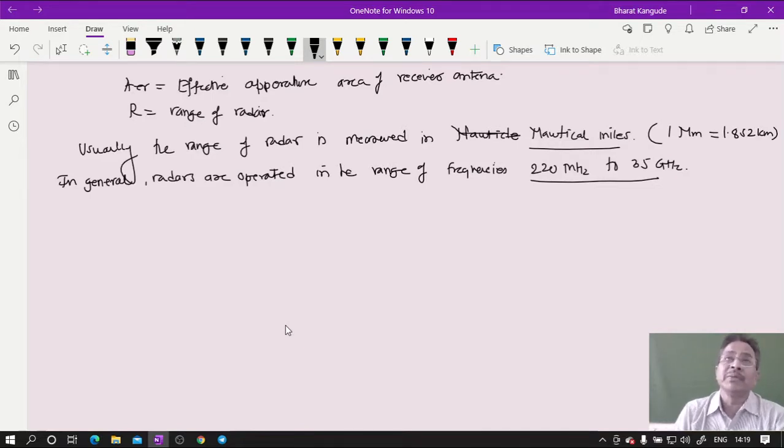Choice of operating frequency. With what frequency our radar should operate, that is to be decided well in advance. Then we can go for its construction and its utilization for that particular purpose only. So for different purposes, different frequency radars are to be used. That is what a choice is. Then second is the pulse duration. For the pulse which we are transmitting or the pulse which we are receiving, how much duration that pulse should have is also to be very well predefined. Based upon that, you have to design your radar. So that is another important parameter.